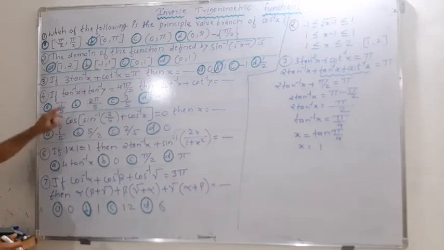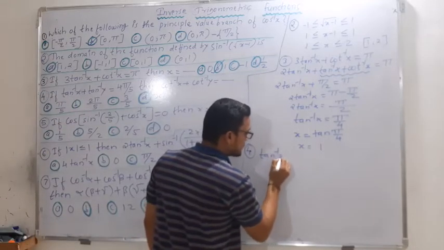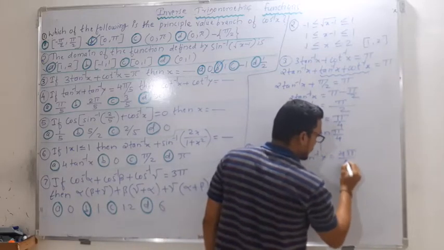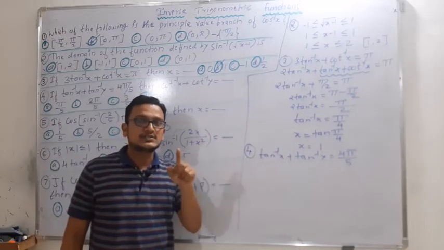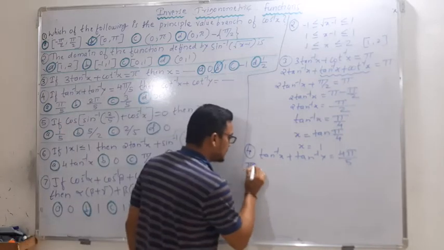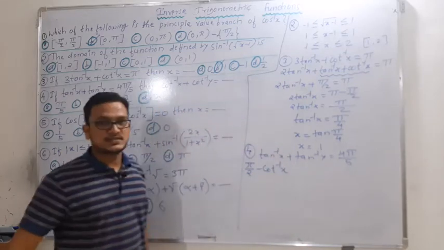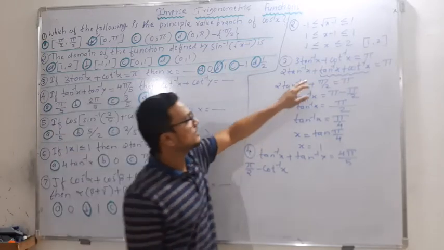So let us start with this tan inverse x, with the help of the condition they have given. Okay. The condition is tan inverse x plus tan inverse y is equal to 4 pi by 5. Again by using the inverse trigonometric properties, this tan inverse x, how do we write this? This can be written as pi by 2 minus cot inverse x.